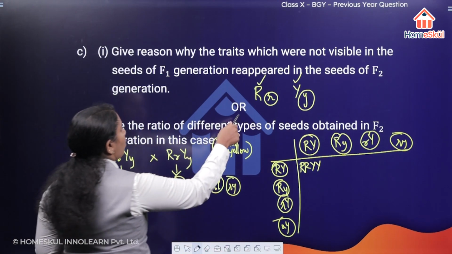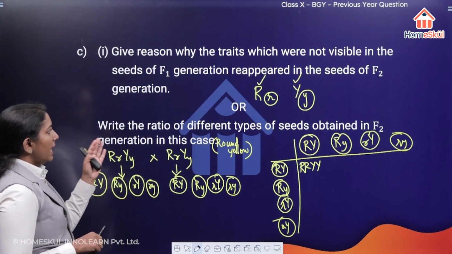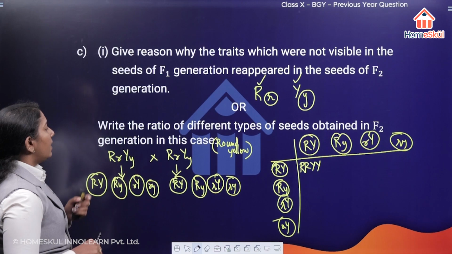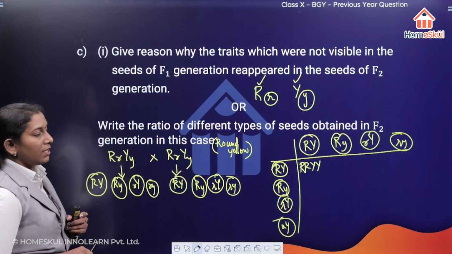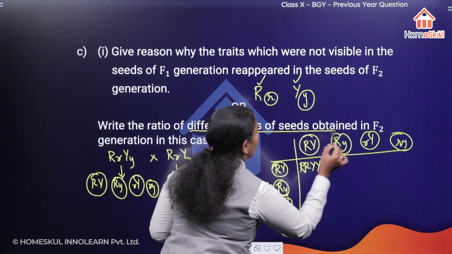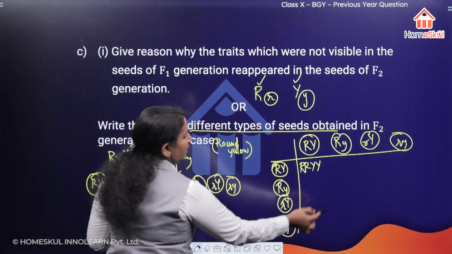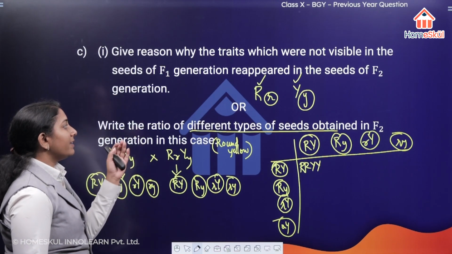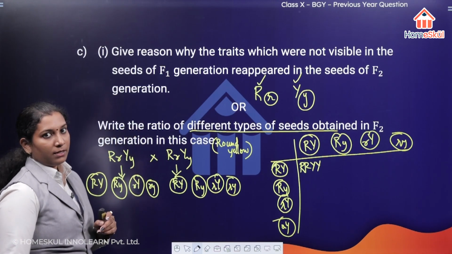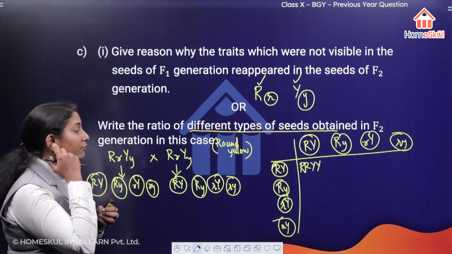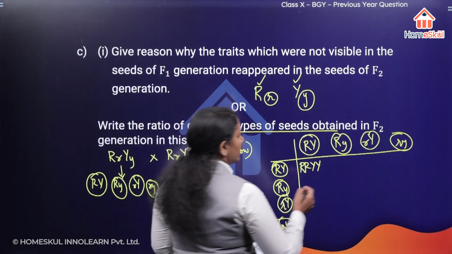Then here is an OR question for this question 2: write the ratio of the different types of seeds obtained in the F2 generation in this case. The F2 generation will give different types of seeds, and you have to write the ratio of these types of progenies obtained in the F2 generation. So here you can see